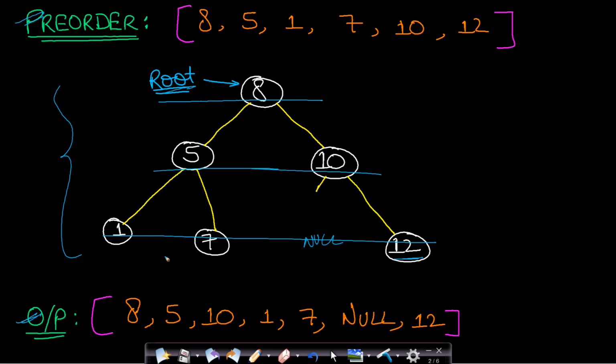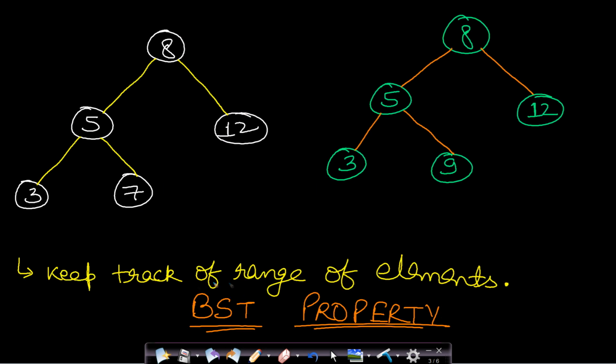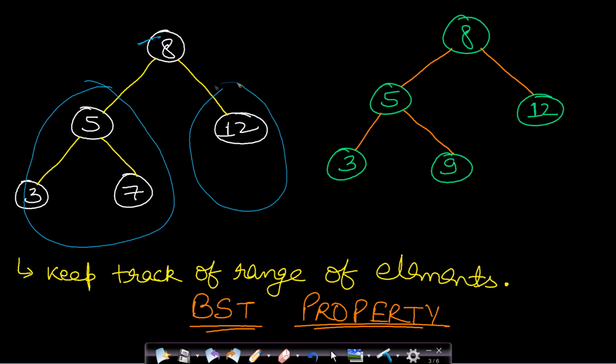I hope you got this problem statement. So let us look at the BST property. What is a BST? A BST is a special binary tree where the root element is always greater than all the elements in the left subtree, and the root element is always less than all the elements in the right subtree. This is the most important property of BST. This property is followed so that we can store our keys in a sorted manner, so that when we search for these keys, we can search in log n time just by flowing through this tree, and this log n is basically the height of this tree.